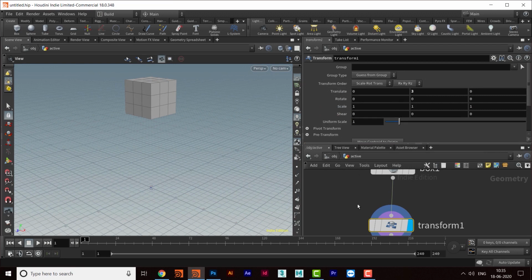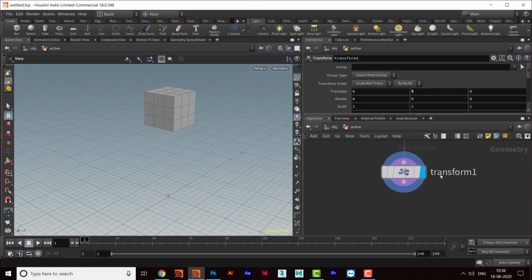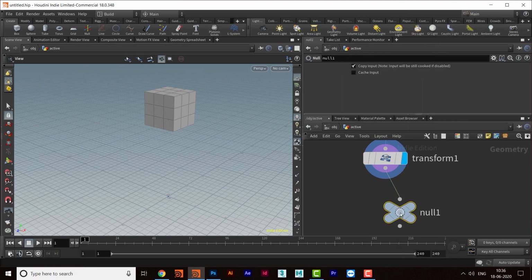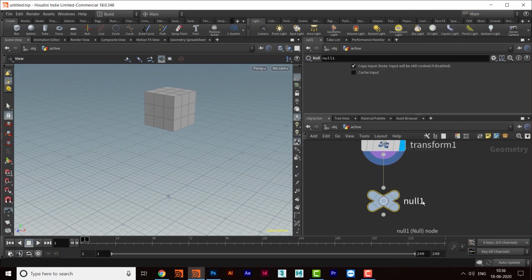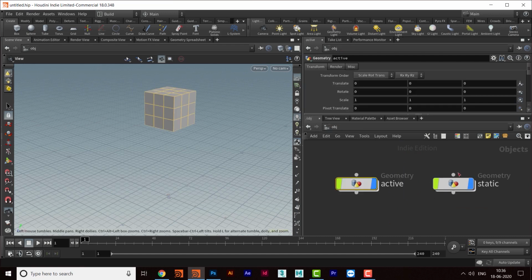Let it be the same right now. And then I will take a null node because I'll need to fetch the geometry, and name it out active. Okay, so this is the easiest thing we can create.